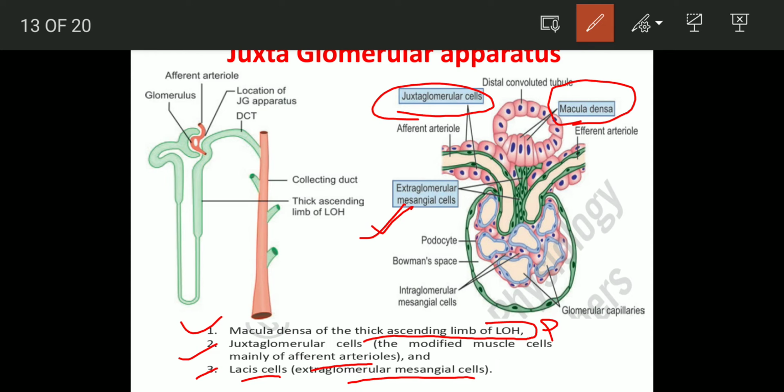We'll be discussing how these secrete renin. Renin will be secreted whenever there is a decrease in the blood supply or blood volume, and this will try to increase the blood volume and the blood pressure. So these are basically acting as sensors. Whenever there is a decrease in blood flow, it will try to increase it, and whenever there is an increase in blood pressure, it will try to decrease it. I'll be discussing the mechanism of how they increase or decrease the blood pressure.